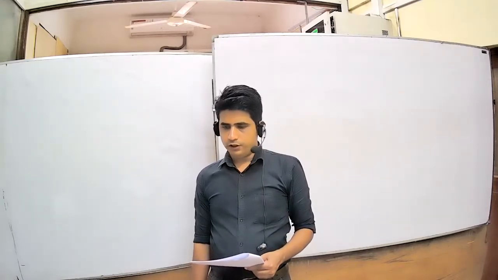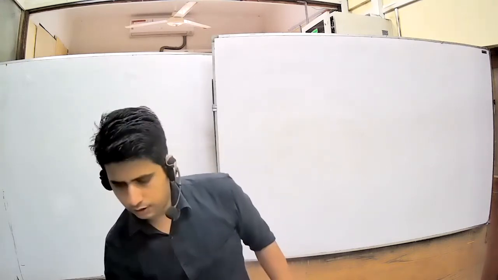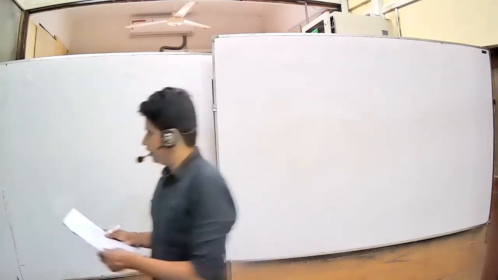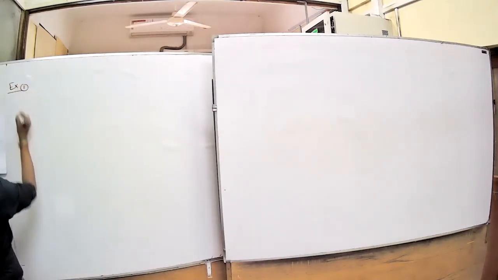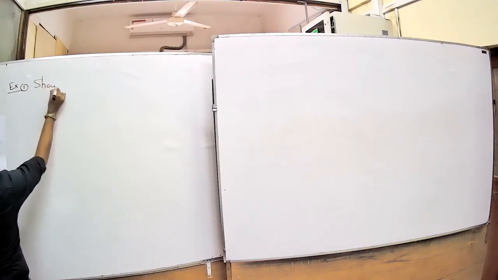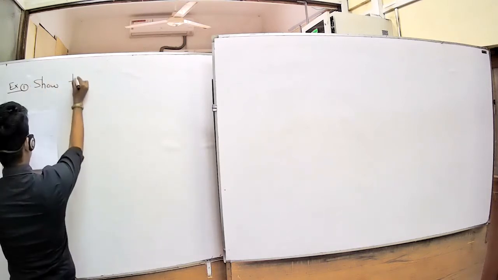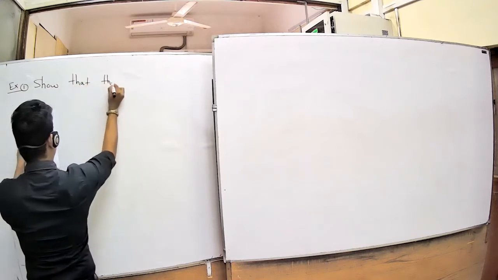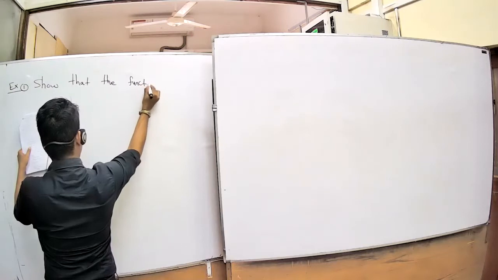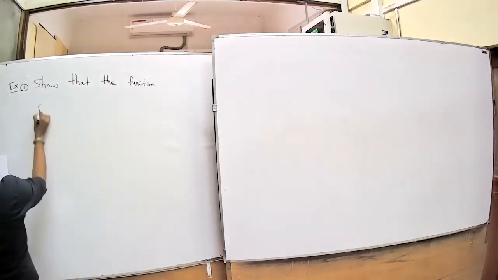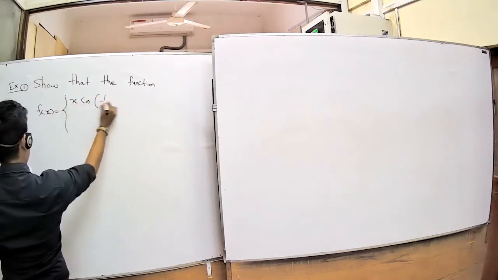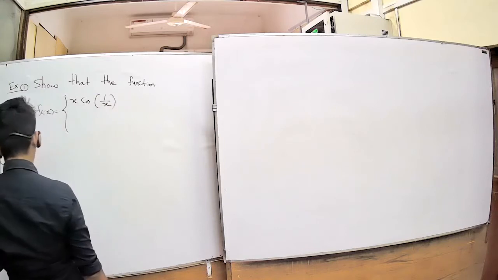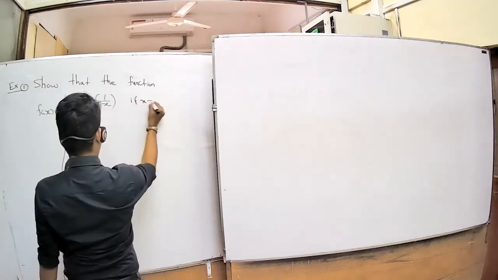Now we will do some problems based on the continuous function. First question: show that the function f of x equals x cos 1 over x if x is not equal to 0,